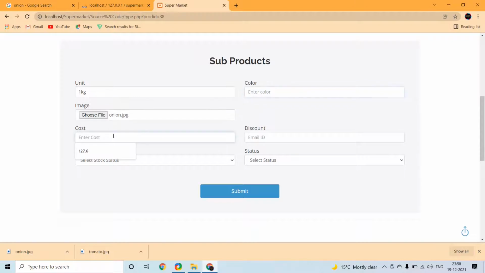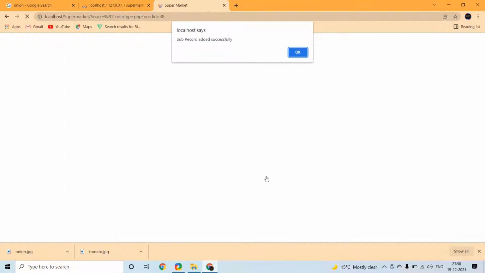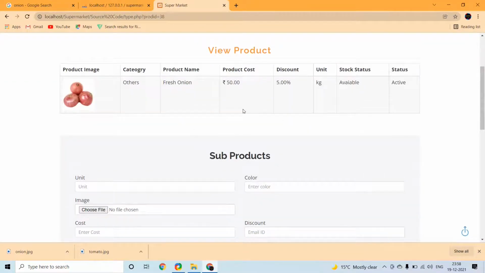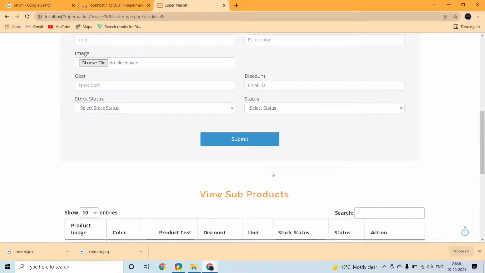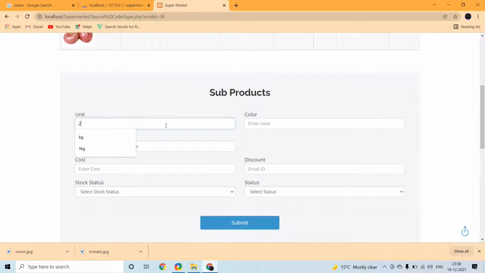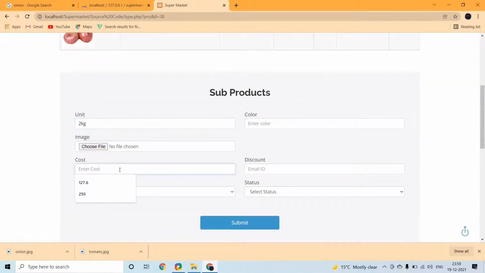For 1 kg how much, for 2 kg how much, and how much discount for 2 kg, whatever we need. Here I'm mentioning 2 kg separately. Price for 2 kg 150, and a discount, submit.